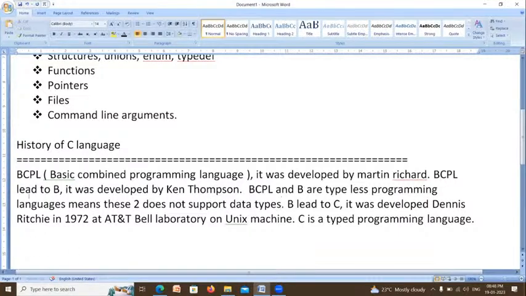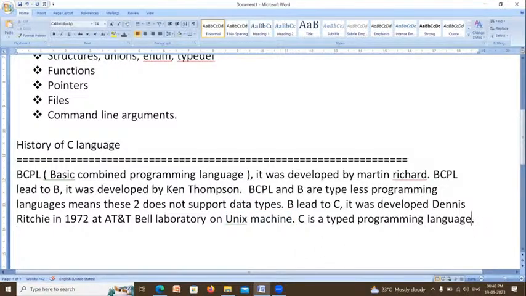From B, a new programming language was developed that is called C. It was developed by Dennis Ritchie in the year 1972 at AT&T Bell Laboratory on a computer having Unix operating system, on Unix machine.